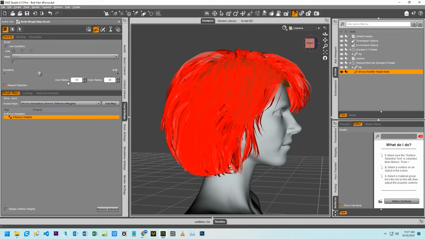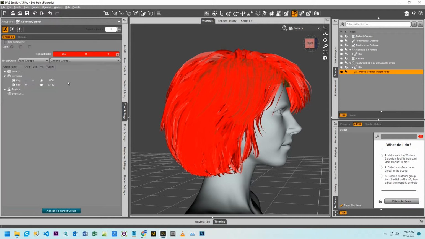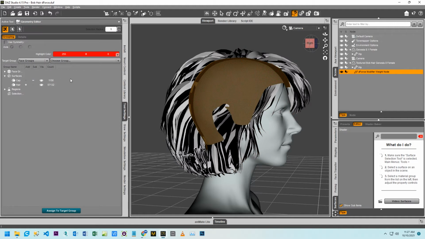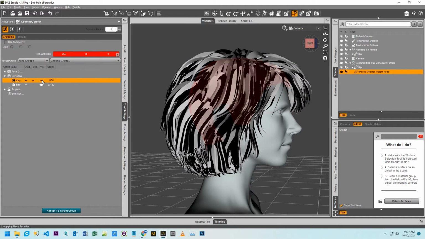Now if we remember the shortcuts, it'll be a bit easier here. If I go back to the geometry editor, it's Alt-Shift-G on Windows, and I want to make the cap invisible just so we know that we've dealt with it. Right then, the hair,